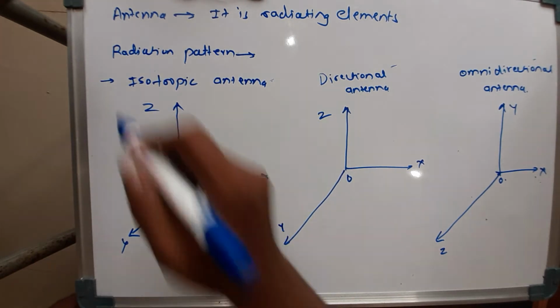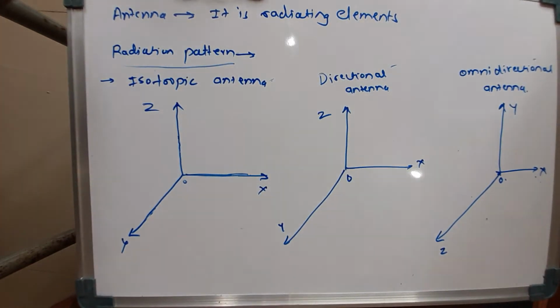So here we will see what is a radiation pattern. Basically radiation pattern is a graphical representation of radiation which is to be done by the antenna. It will refer to the two regions, that is near field and far fields. Near field, that should be nearer to the origin, and far field, that radiation is far from the origin. So radiation pattern also refer to directional dependence of strength of radio waves from the antenna or other source. So here we will see different types of radiation pattern.